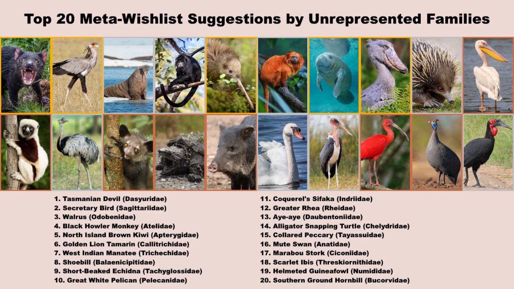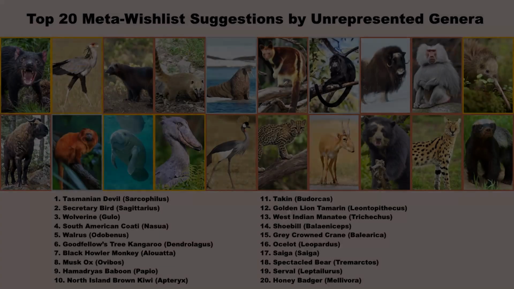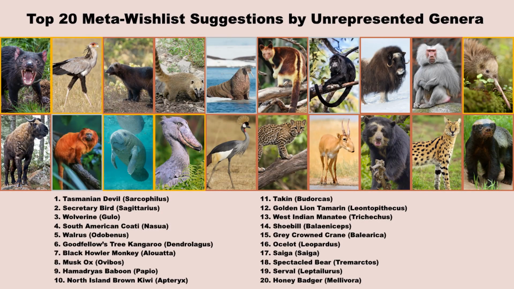So last but not least, we then go down to unrepresented genera. Most of the species we've seen already are now gone, bar just a few. If we only look at the unrepresented genera in the wish list, then this is the top 20 we would get. So we have the Tasmanian devil and secretary birds, so all the way through they've been number 1 and 2. If we don't get them, it will be a travesty at some point in the game's history. The wolverine makes an appearance to represent Gulo,